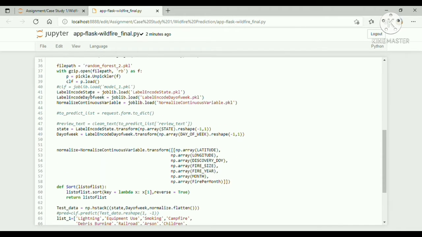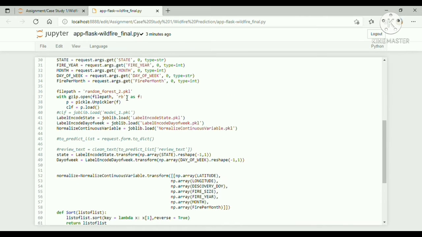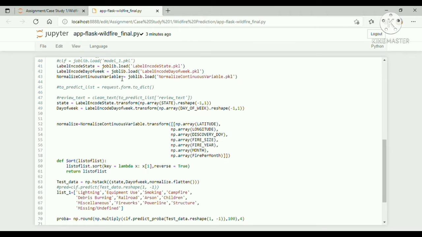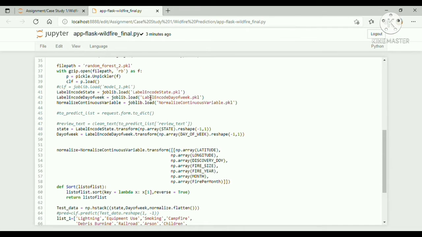We are not going to train it, so we will directly use it, as it is trained on the training data. Once we take the input, we will transform that data using the label encoded state pickle file and the label encoded day of week pickle file.